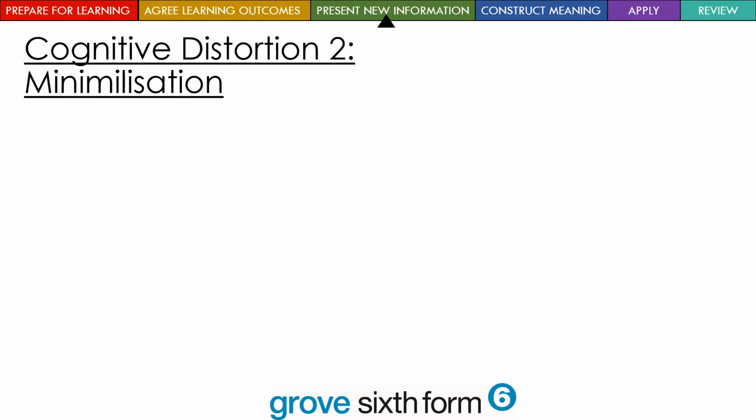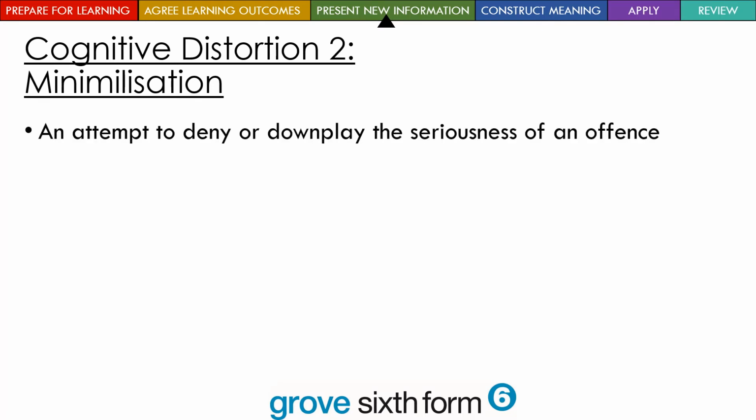Okay, so we'll move on to the second cognitive distortion you need to understand, and we're going to look and hopefully explain what minimalisation means. If we minimalise something, we make it less. This is about the more justification side of criminal activity, and once a crime has either been planned or even committed, the way in which individuals process information about that criminal activity. Now, specifically in minimalisation, what's happening here is that individuals are either in complete denial about the fact